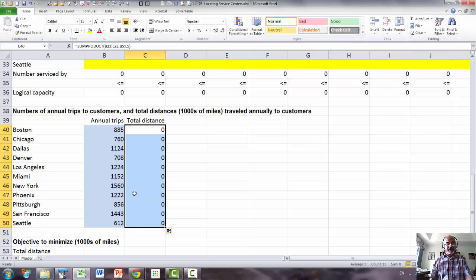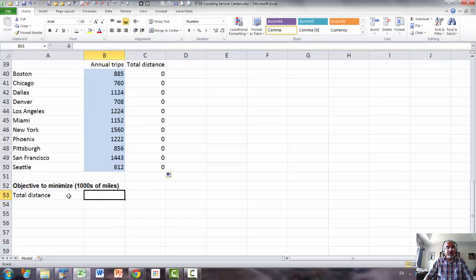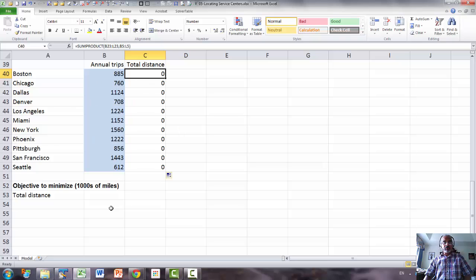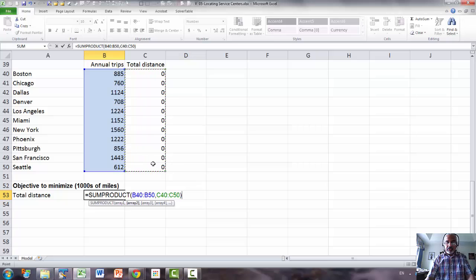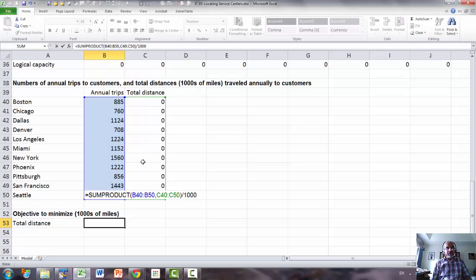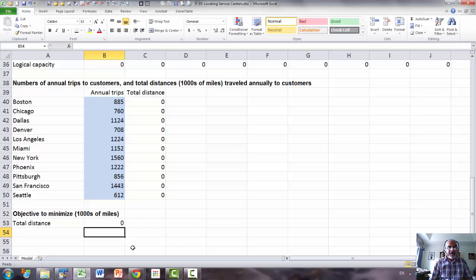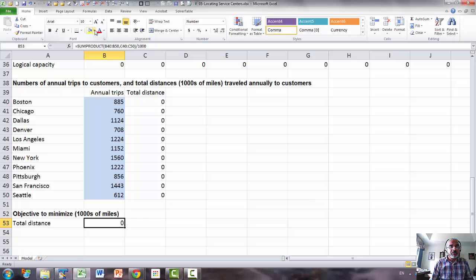If we multiply these two and sum, that will give us the annual distance traveled. So total distance traveled is a sum product of these two, number of trips with distance per trip, and we want to divide this by 1000 because it wants thousands of miles, and that's the objective function that we want to